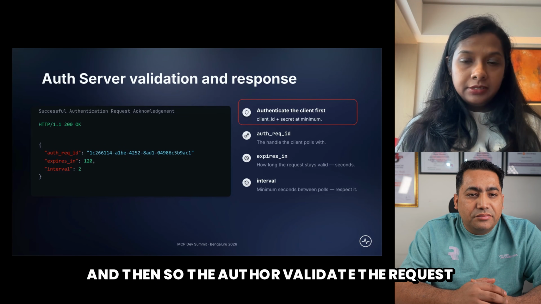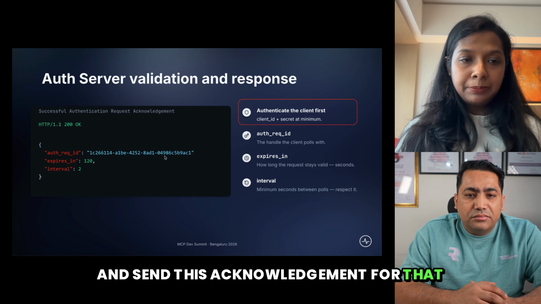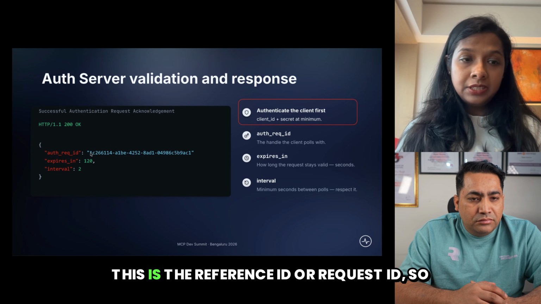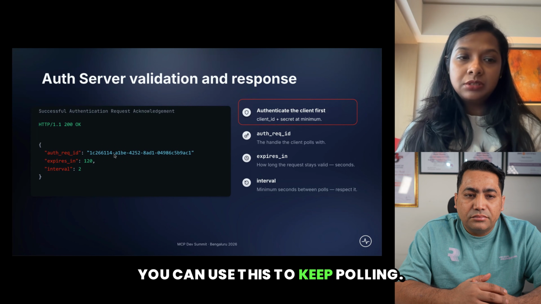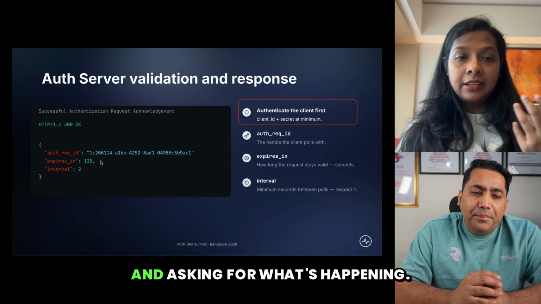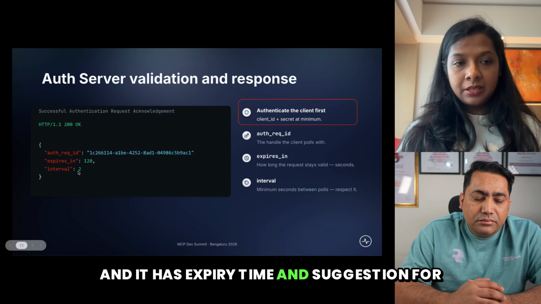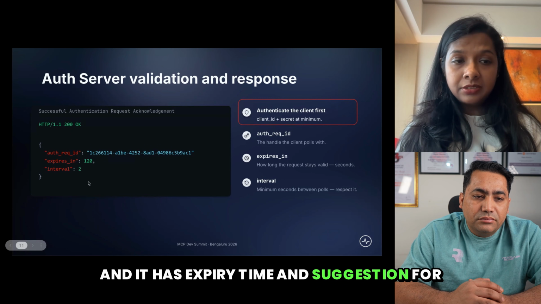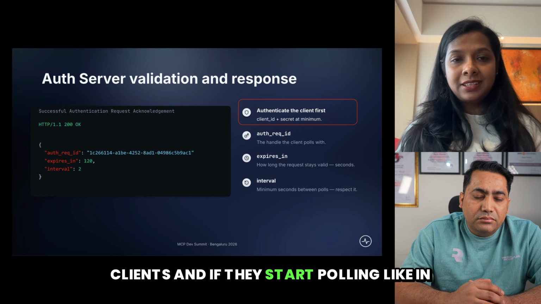And then the authorization server validates the request and sends this acknowledgement for that particular request. This is the reference ID or request ID, so you can use this to keep polling and asking what's happening. And it has an expiry time and a suggested interval, because if there are many clients and they start polling